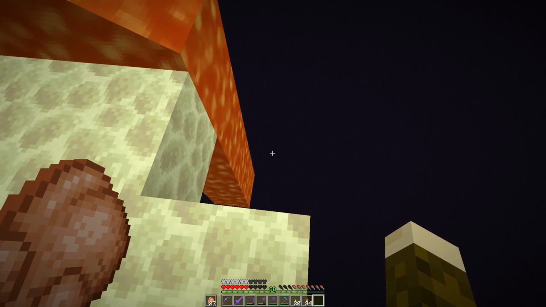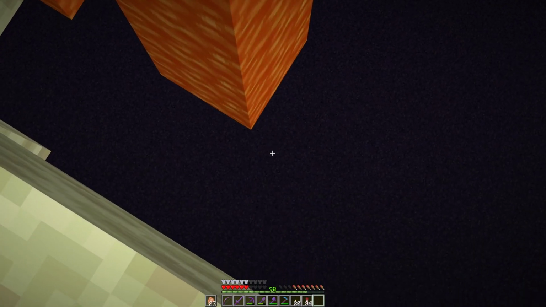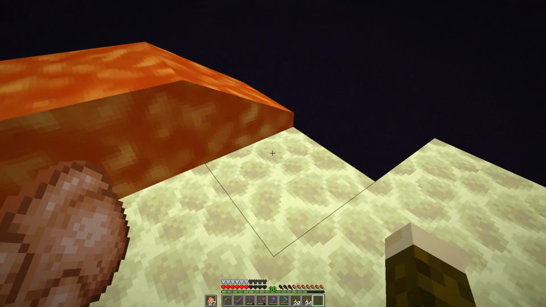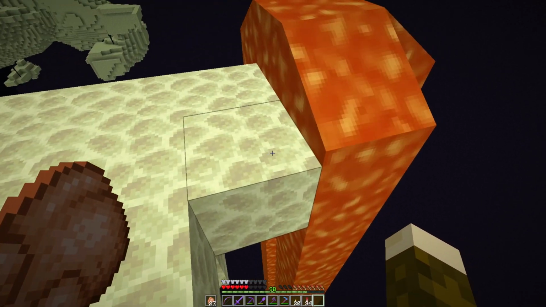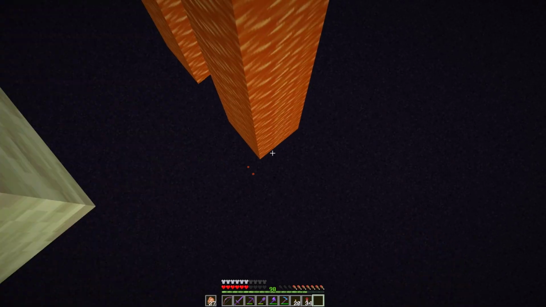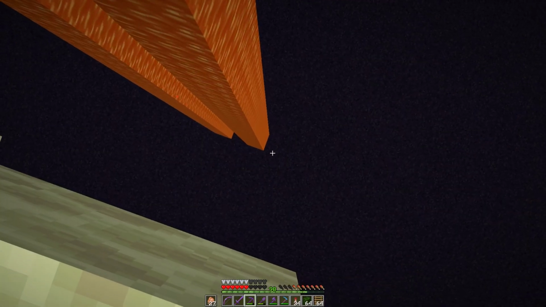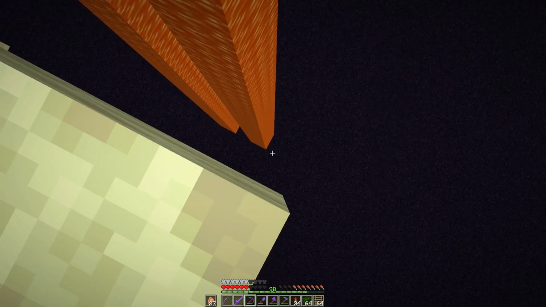Oh, that did not pan out well in my favor. But all we have to do now is wait for this to reach to the very bottom of the world. Y equals 0, I think. And then once we get this down to y equals 0, we will be able to make a water source that turns this all into the cobblestone. And then once it's cobblestone, then we can go all the way down to y equals 0 relatively safely. I think it's all the way to the bottom, so